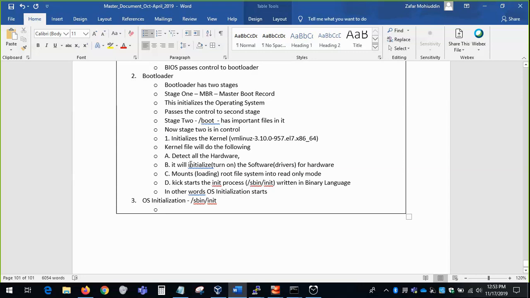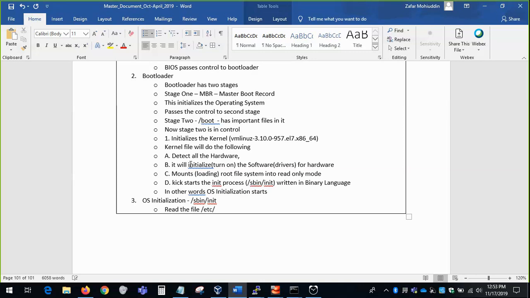So in stage 2 all these things are going to happen. Okay, so what is going to happen? When this file is executed, this sbin/init, what it's going to do is it's going to read this file,